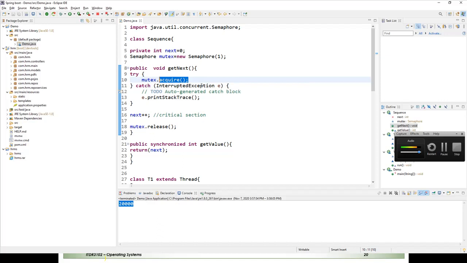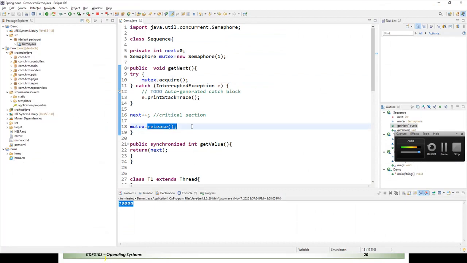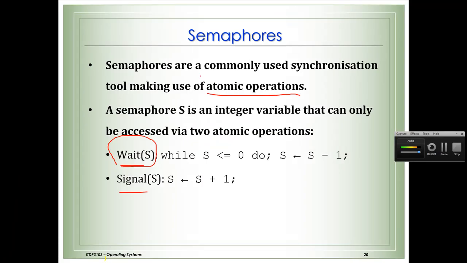Same functionality. We can implement it using any programming language, C++ or any other, but in Java there is a semaphore library class. In that, the wait method is called acquire, and the signal method is called release.